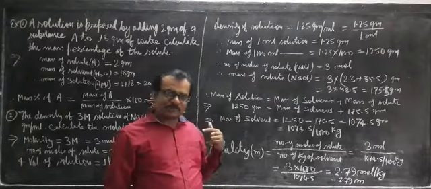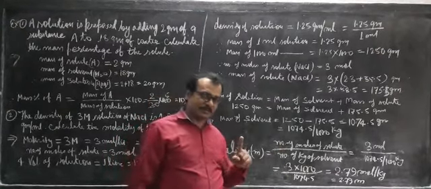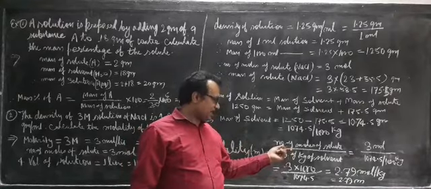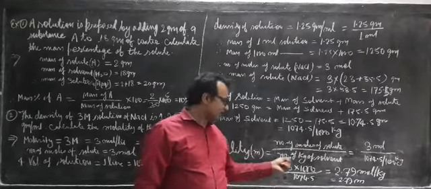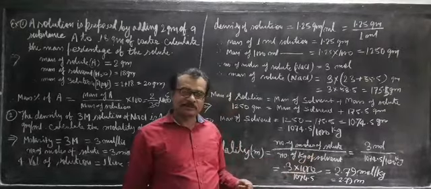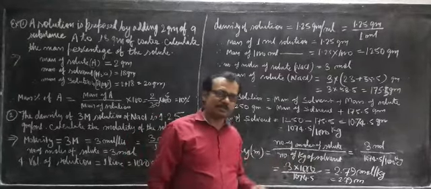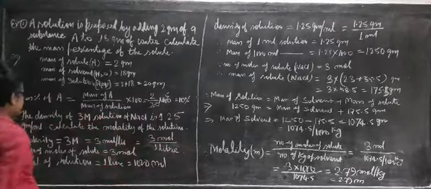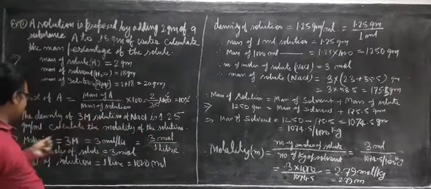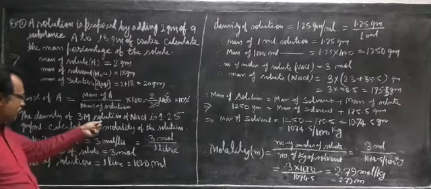So first of all, I will find what things are given in the question and what has to be calculated. I will check whether the number of moles of the solute is given or not, and whether the number of kg of solvent is given or not. If it is not given, then we first have to calculate this one and this one only. Okay, now I will take the data. What are the data? The molarity of the solution is given. What is the molarity of the solution? 3M.